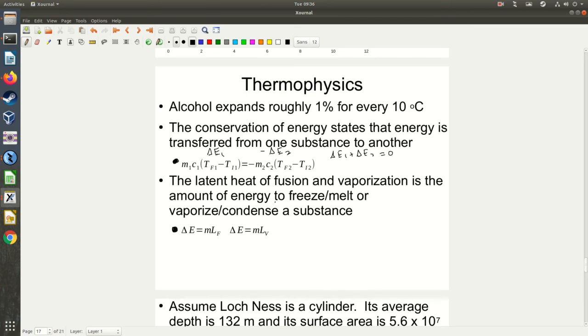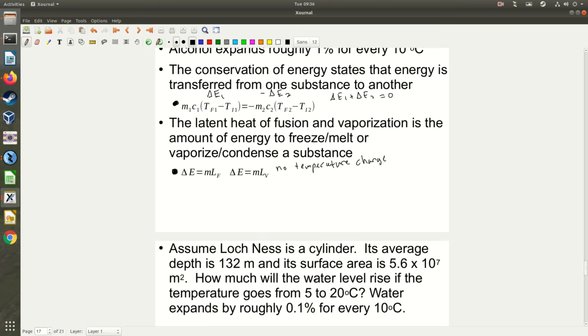Latent heat of fusion and vaporization is the amount of energy needed to freeze, melt, vaporize, or condense a substance. That's where you have E is equal to M L_F, E is equal to M L_V. Remember that it's latent, which means that there is no temperature change when this occurs. Latent means without temperature. Basically, the energy needs to go into changing it from one state to the next, instead of heating it up and cooling it down. So I'll do a problem on that in a second, but first let's do